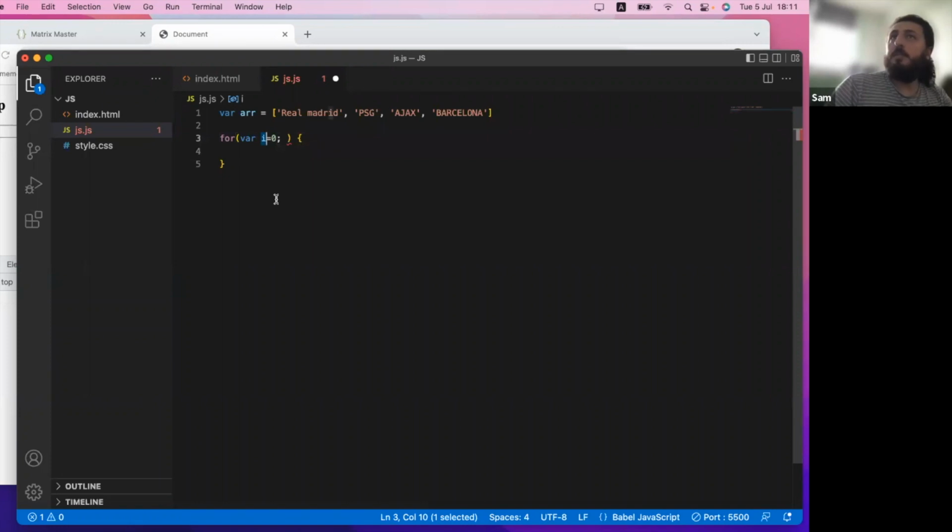Where should I end? Where should I be ending? The length. Okay, so let's see: 0, 1, 2, 3. Okay, so this is 3. But what is the length? The length is 4. Okay, if I don't know how many data I have inside the array,